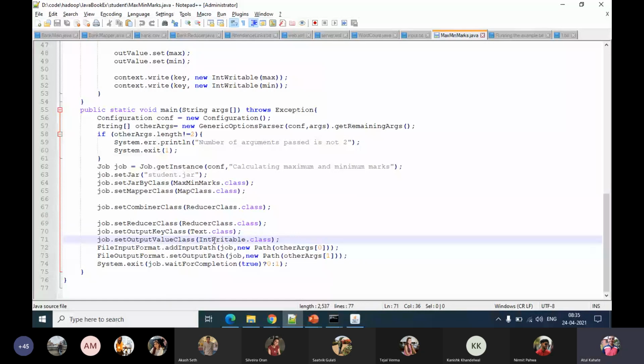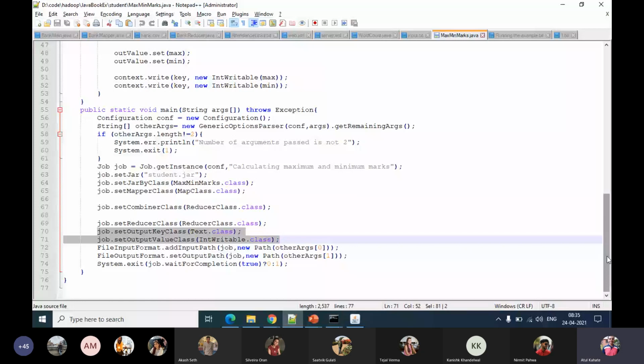If you're doing something different, for example, you are writing float, you may have to change it to float. Again, the rest of the code remains absolutely the same. So as you can see in the main method, we simply have to change the name of the jar file, main class, mapper class, reducer class, and optionally the output key and value class type.